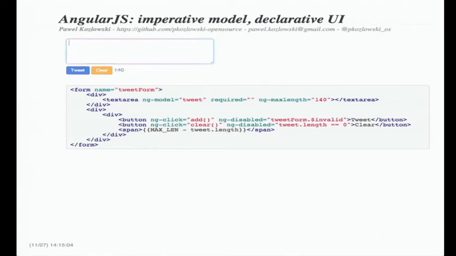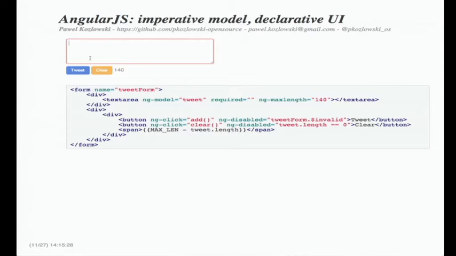The state of those buttons needs to get updated, and so on and so forth. So if we start to write this jQuery style, we need to have those event handlers that every time we change something, we go to all elements that we need to synchronize, and we need to change those properties of those elements.